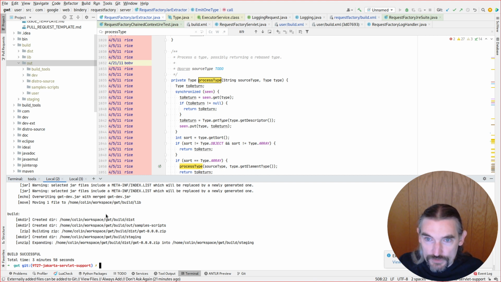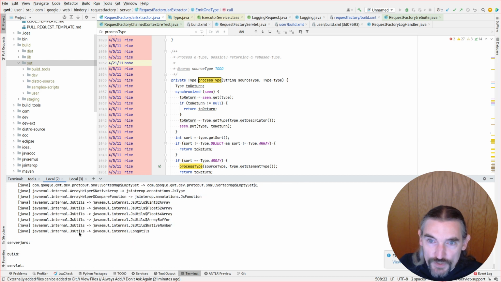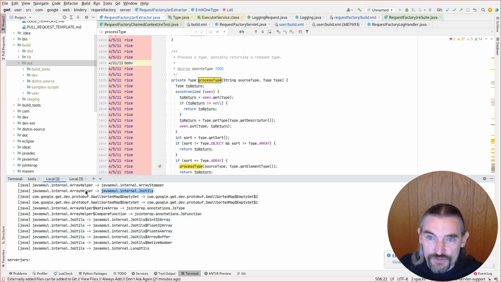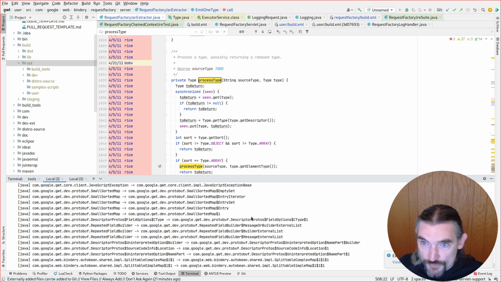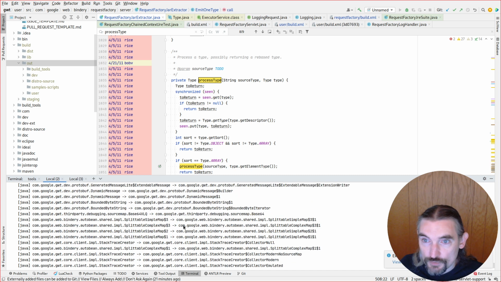And so we're stuck with it. So we could use this graph to work backward and figure out who went crazy first to require that we need this JS utils. The JS utils requires all these things, and then something else up here requires JS utils. Yeah, array helper requires JS utils. Array helper is required by stack trace creator, which is required by